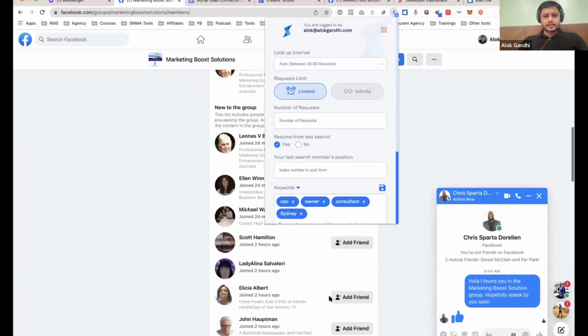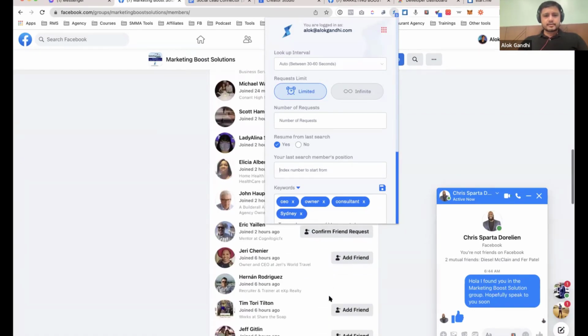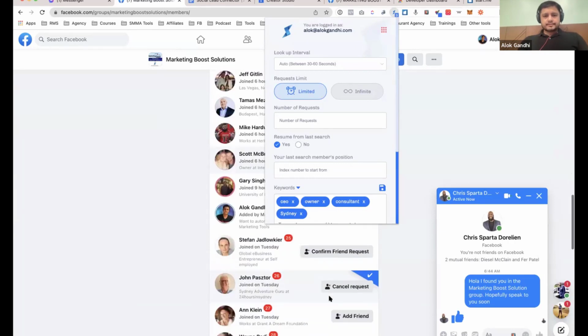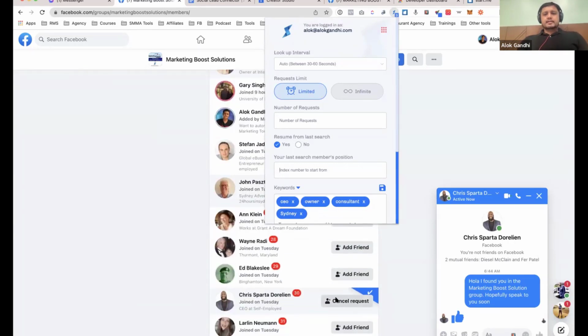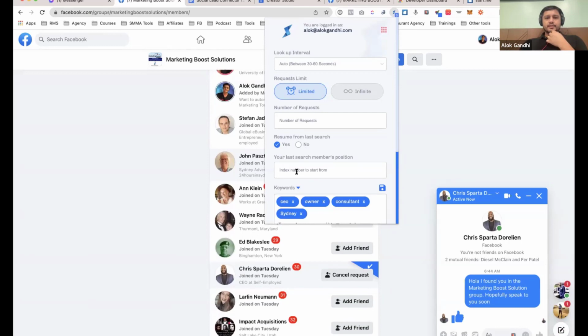Let's go to Chris, because we just added Chris right now. Where is Chris? Oh, down here. The system already knows that the friend request has been sent to Chris. If you want to add everyone, and the number is below the daily friend request limit which you have set for yourself, don't even worry about putting in those keywords.